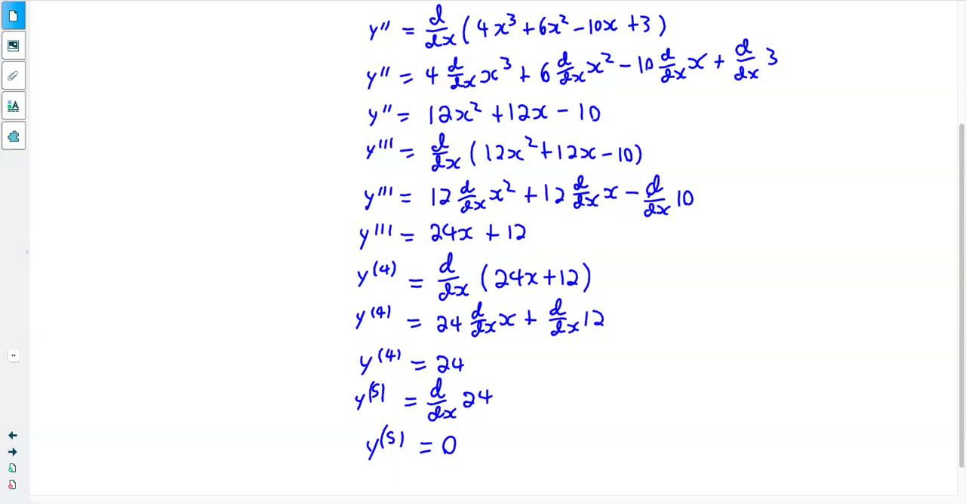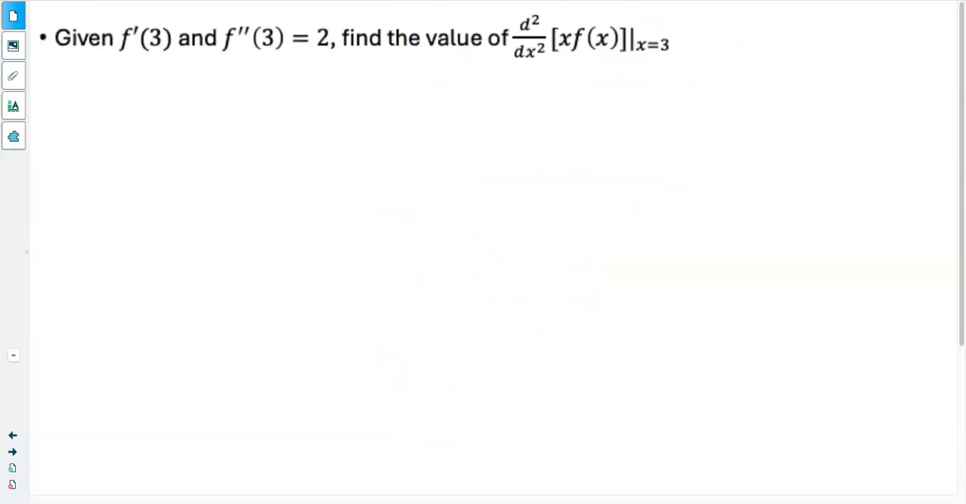Now, these higher order derivatives aren't only for ones where we have explicit equations. We can also do it with composite functions. So for example, if we're given f prime of 3 is equal to -1 and f double prime of 3 equals 2, we're going to find the value of d squared over dx squared of x f of x at an x value of 3. So first thing I'm going to do is say let y equal x f of x, so x times f of x,